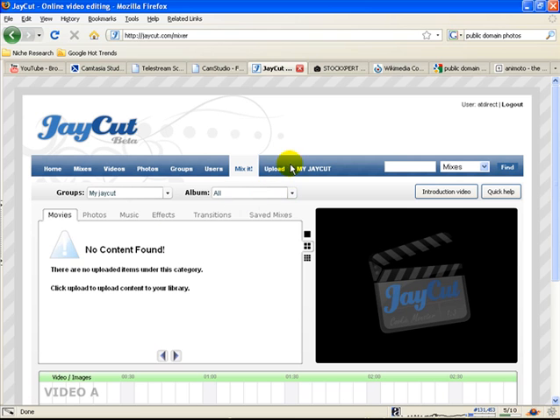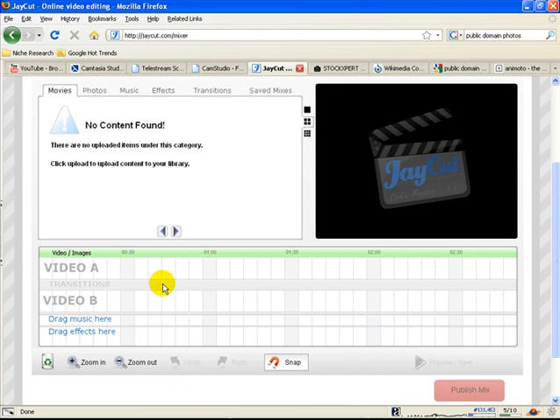And you can upload all of your movies, photos, and music that you want to use and splice them together. Here's the kind of timeline. And you just drag a video down, add it to the timeline, add a different piece. For example, if we're talking about the last 10 to 15 seconds of a video with a call to action,